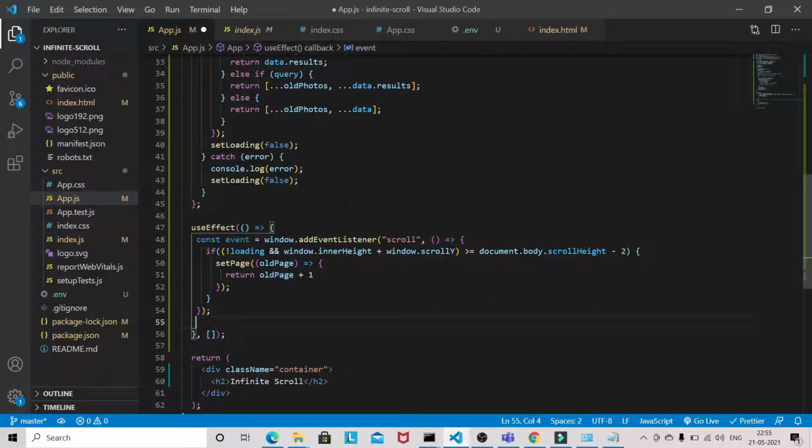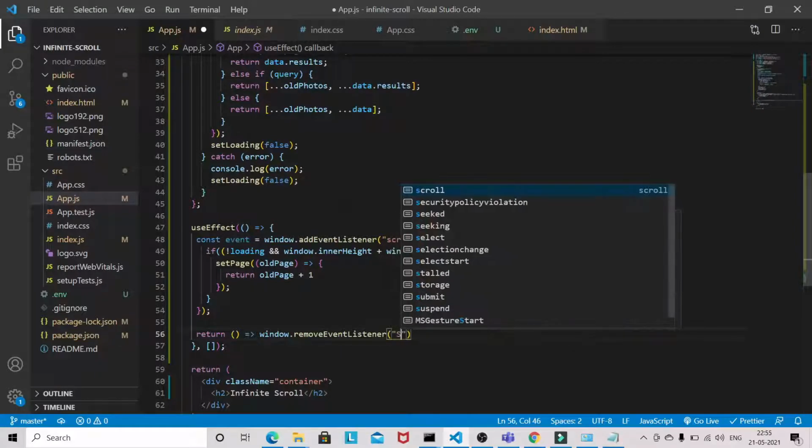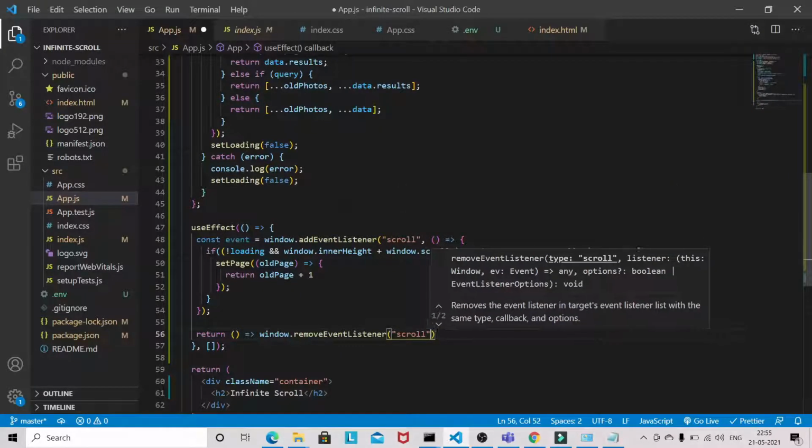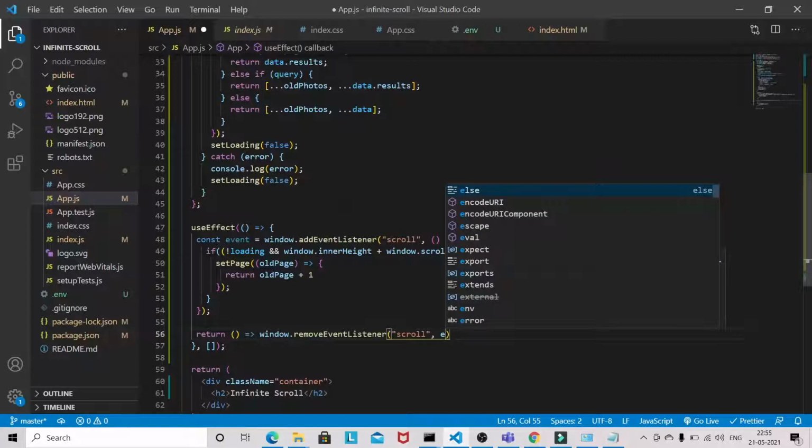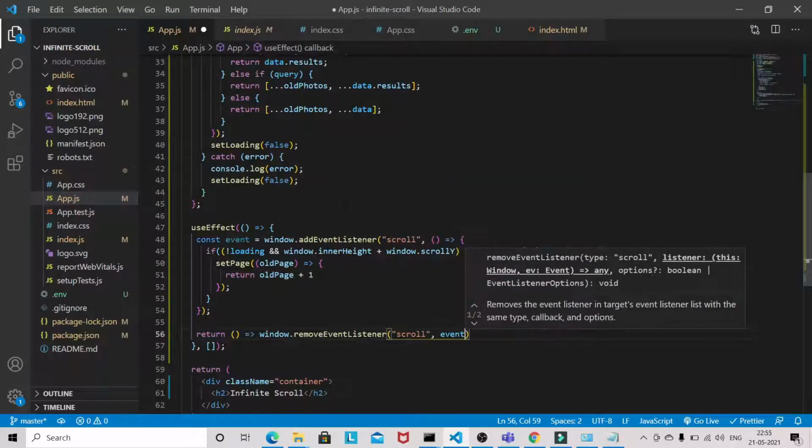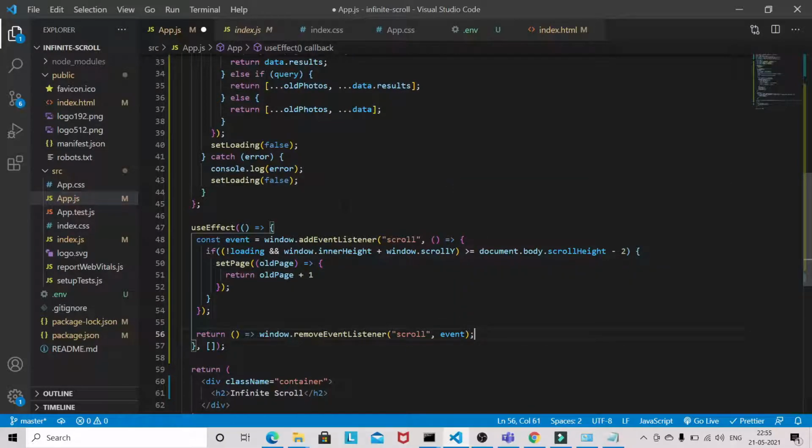And here we have to write a cleanup function as well. So window dot removeEventListener scroll, dot event.